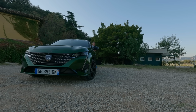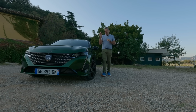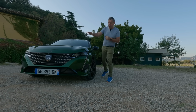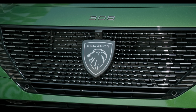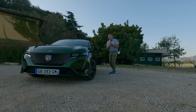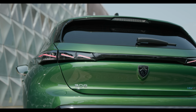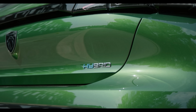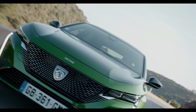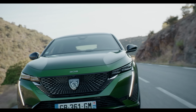This is indeed the launch of the Peugeot, or Peugeot, depending on what country you're from, 308. This is a brand new car for Peugeot. Also, it's the first car that they've put the new Peugeot logo on out the front, which is the new lion logo. It's quite a big logo, it's very nice. And can I say that this is probably the best looking hatchback on the market today, anywhere, on any market. It's absolutely stunning. And in this green, it's just...